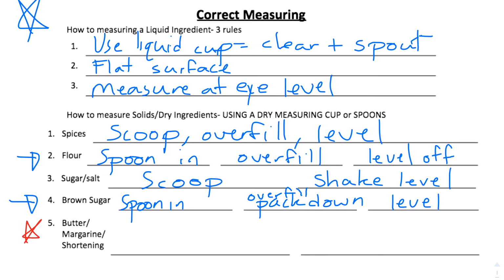And then the lady left off butter or margarine or shortening. All of these can come in a stick format, where you buy this stick of butter, it's got paper packaging on it, and the paper packaging has got lines on it. Each of these lines is 1 tablespoon, so 1 tablespoon, 2 tablespoons, 3, and so forth. So what you're going to do is find